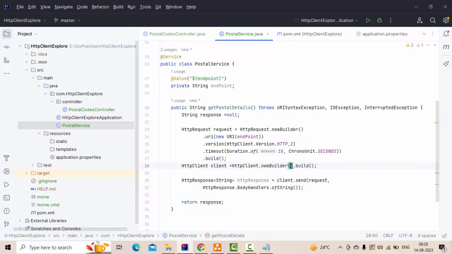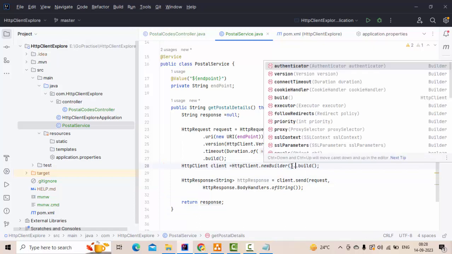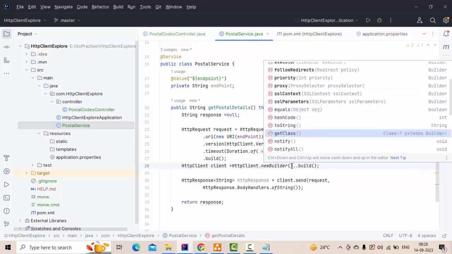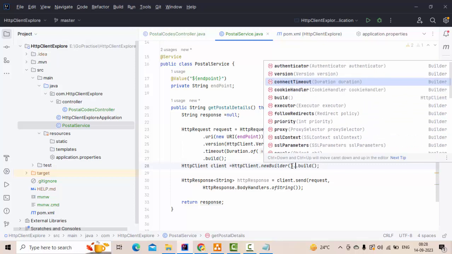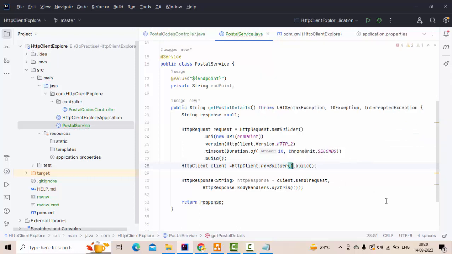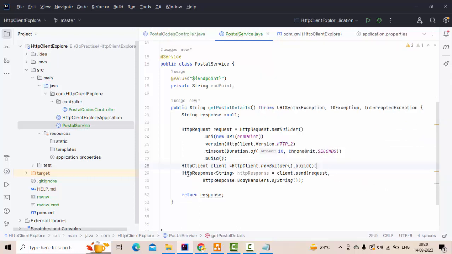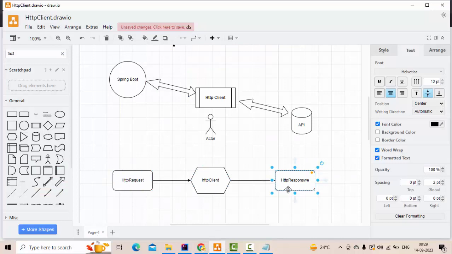Here, if you want to perform some operations like cookies and headers, proxy, SSL context, all these operations while performing the actual hitting of the API, you can set up all this. I think authentication is a very basic one that we will see slowly. So I have this one now, HTTP client, and with this what we did, we completed all these